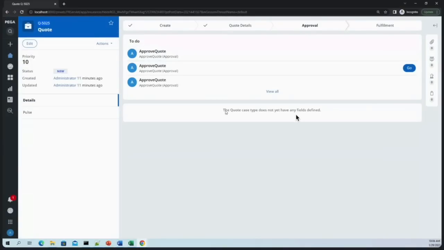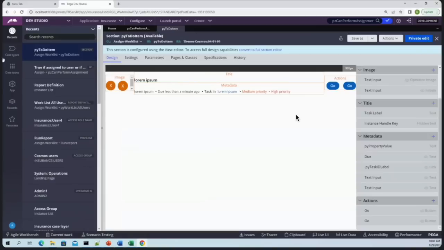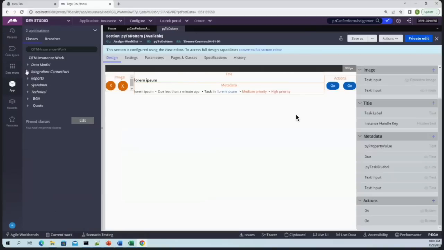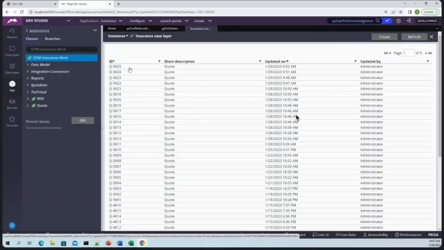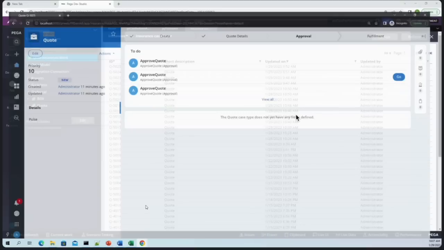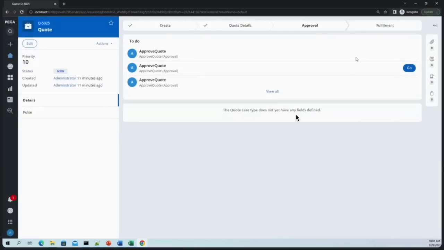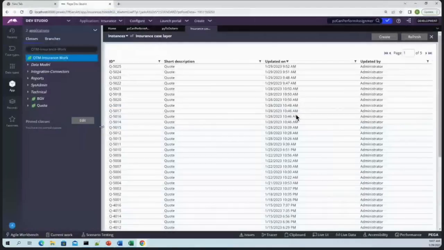So I'm not able to see the cases. Let me go back to here. And this one we created cases, right? I think that is a split for each. That is where we are not seeing. So basically, this doesn't have the assignment, right? It doesn't have assignment. Let me create a case and assign it to